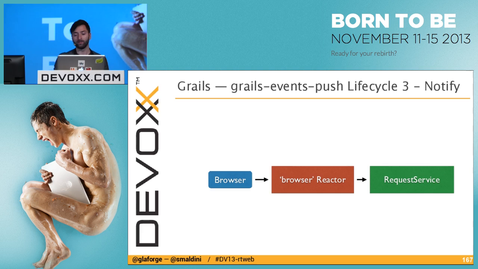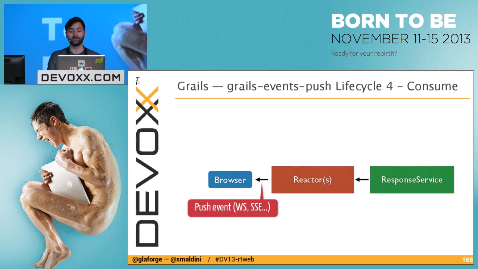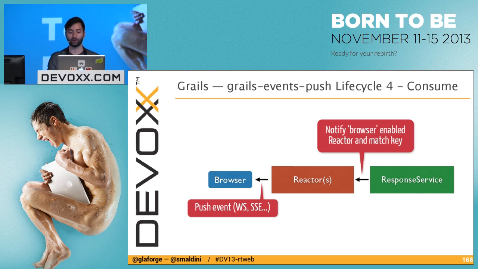And the third thing you want to do, once you have registered your operations, is to notify from the browser to the server. That can be done with a post, for instance an HTTP post, but we have an API for that on the JavaScript side. And the last thing is your JavaScript side has to consume events, so the Reactor is able to push data back to the browser without triggering a refresh. So in details,